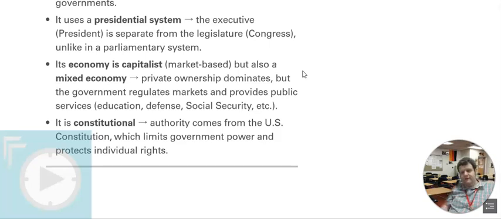Constitutional, this is a topic for a future lecture, but the United States of America derives its authority from the U.S. Constitution. This Constitution limits what government can and can't do. It outlines individual rights, with the parts that have been added to it. I'll talk more about that later. But if you want to think of it this way, the United States draws its authority from an instruction manual written a while back. But the full details of that is a topic for another day.